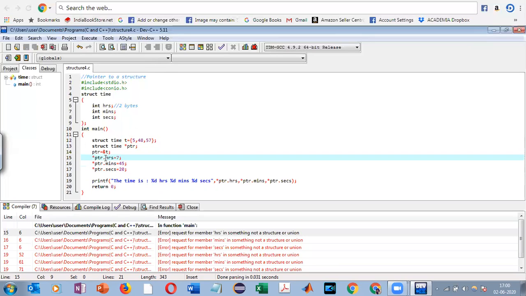The reason is the dot operator over here has a higher precedence over this asterisk operator. So what happens, this ptr dot hours is considered first, then this whole thing is considered as a pointer. So this will be wrong. So we place this inside parenthesis because parenthesis has a higher precedence.